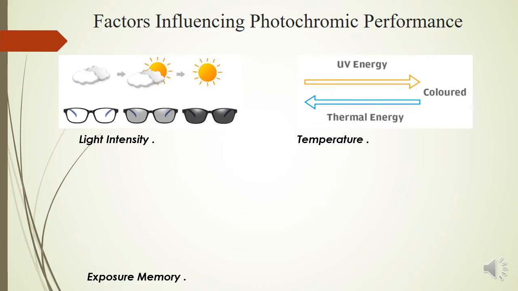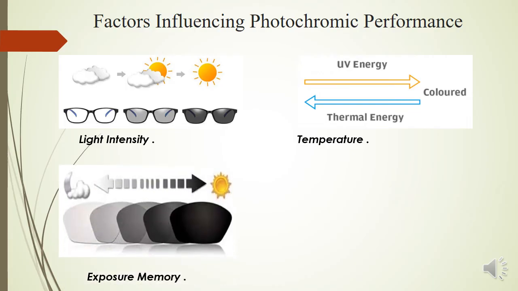The third is your exposure memory. Now exposure memory is generally important, or rather more applicable, to your glass lenses, because here the molecules are distributed all over your lens surface, or rather the lens material. So as much as the exposure is happening, every time it becomes dark and light, more and more of your molecules are getting activated. So as the exposure memory increases, the amount of darkness starts increasing. So the more dark-to-light cycles, the more will be the darkened stage. That's why whenever we see a new lens, it doesn't go into a very dark state, but as time goes on, it starts becoming darker and darker.